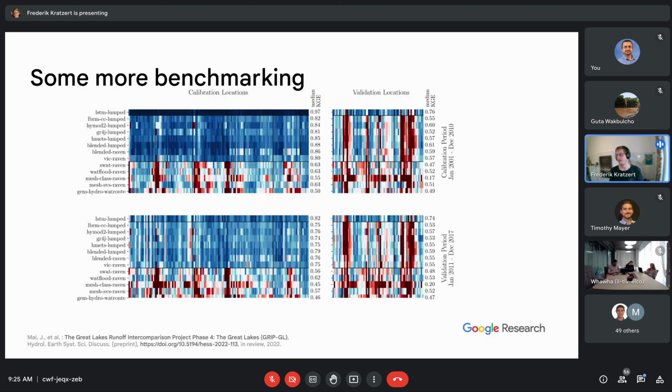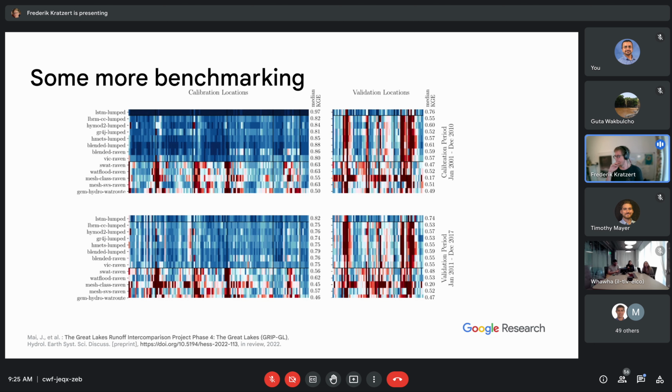So Juliane and her colleagues invited different groups to participate, and everybody got access to the training basins and only the training data. And then we had to submit model simulations for the validation periods, but we were only able to submit simulations once. And once everybody submitted, Juliane and her team computed all the metrics and everything. And these are basically the results.